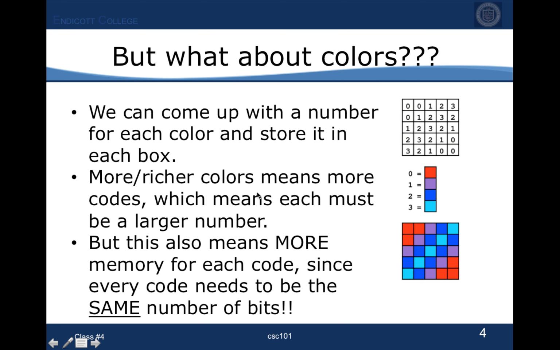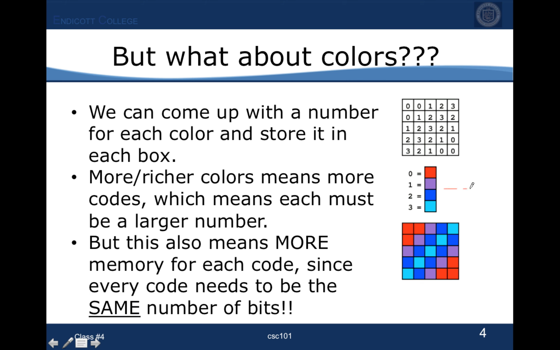Now, I'll immediately call your attention to the fact that in this little system that we did here with the 4 colors, notice that if I just use 0, 1, 2, 3, which is reasonable to use as my color codes, how many bits do I need in order to store the numbers 0, 1, 2, 3? Well, if you remember back, and believe me, we're going to cash in on all the stuff we said about binary, I can't store 4 different colors with just 1 bit. Remember, 1 bit is just a 0 or a 1, right? If I want to store 4 colors,